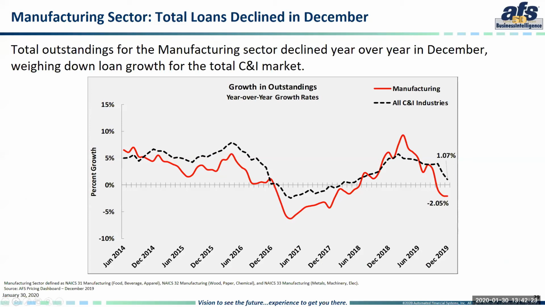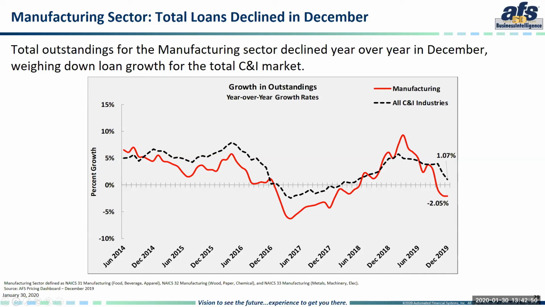Unfortunately, this renewed optimism arrived a little bit too late to meaningfully and positively impact loan growth in 2019. The chart here plots year-over-year growth rates for each month. And presenting loan growth this way really helps to smooth out seasonality in the time series. So Don spoke earlier about the slowdown in CNI loan growth. And you can see by that dotted black line here, the line representing the market average, that's been trending downwards